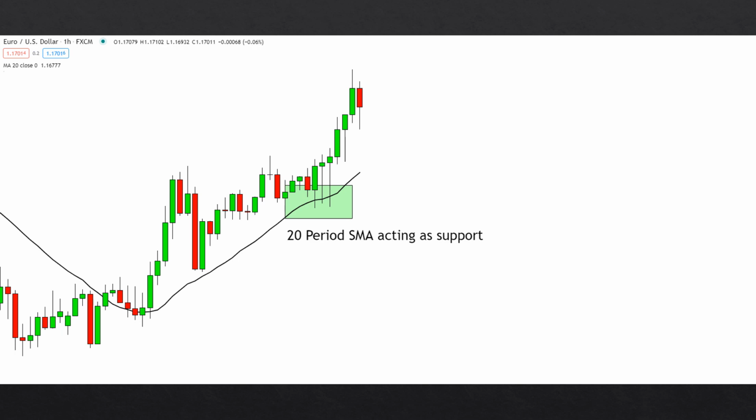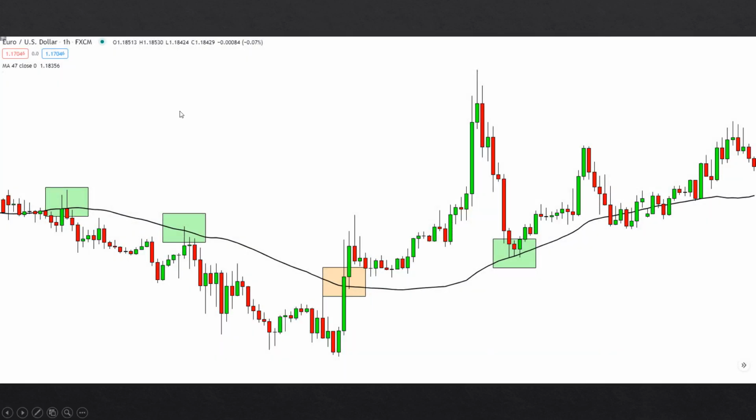In this chart, we can see a 20 period simple moving average working as a support inside the green box. Notice how the lower tails of those candlesticks touch the moving average. After that, price starts to go up in the same way it would if it had encountered a solid horizontal support line. In the second chart, I plotted an unusual moving average just so you can see that this dynamic